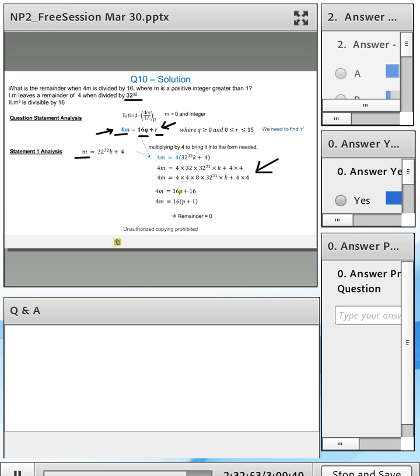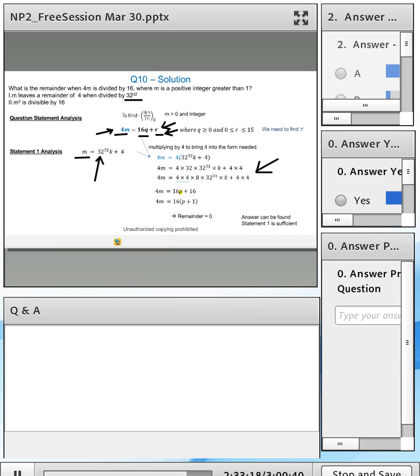Okay, it makes perfect sense to leave remainder R as is, such that you get this equation in the form where one term is a multiple of 16 and the remaining terms are not multiples of 16. Again, this is a process skill of visualization, which is something that you need to build upon. So choice A is sufficient.